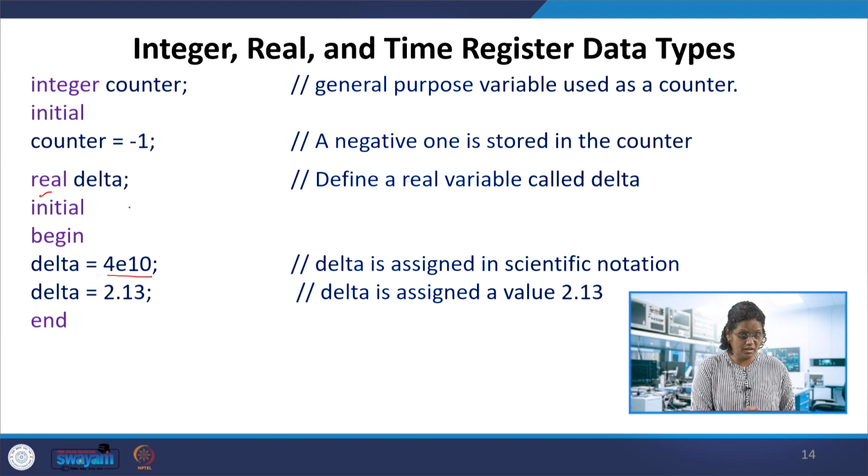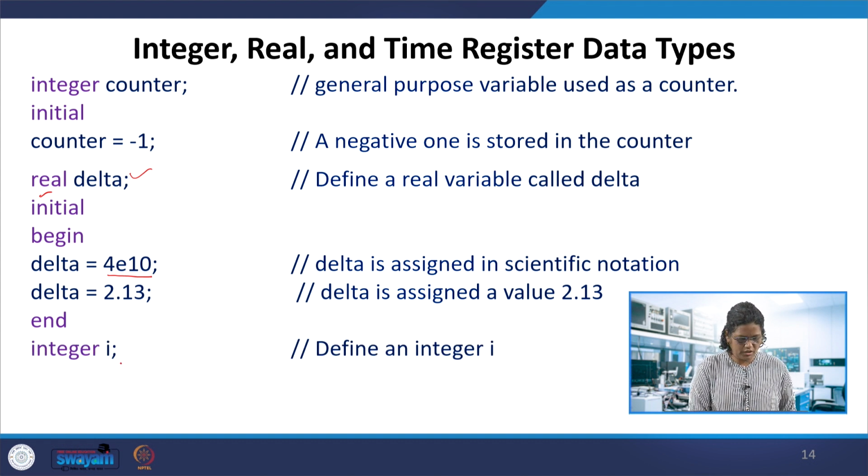That means inside the initial block the statements are executed sequentially. We will discuss these things later. In this block, because it is specified as real delta, the exponent values can be taken and 2.13 can be assigned here.